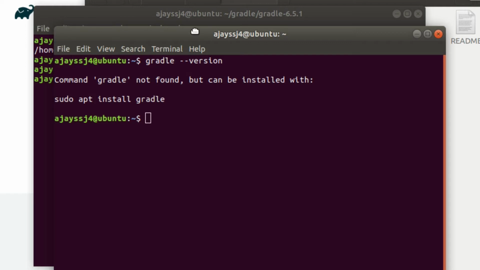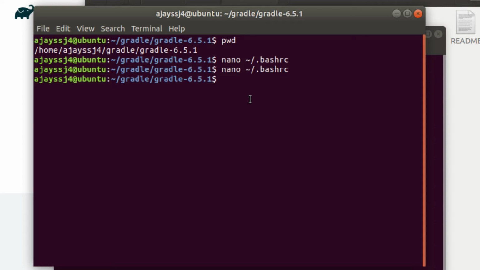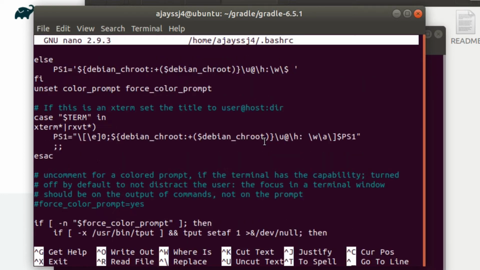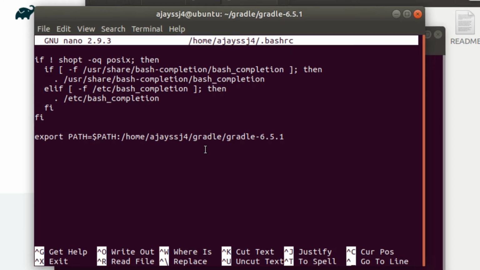Oops, something went wrong. Let's check the bashrc file. Okay, we need to append /bin to the Gradle path.